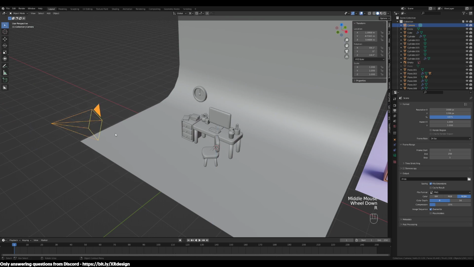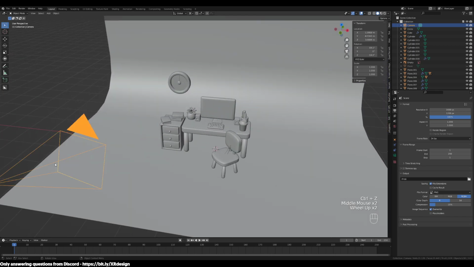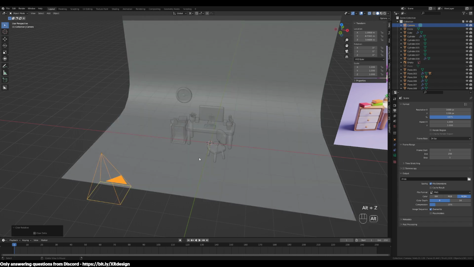So right now I've rotated 14.4 degrees along that Z, so I can just enter that on my keyboard, or you can just reset the rotation by doing Alt R,